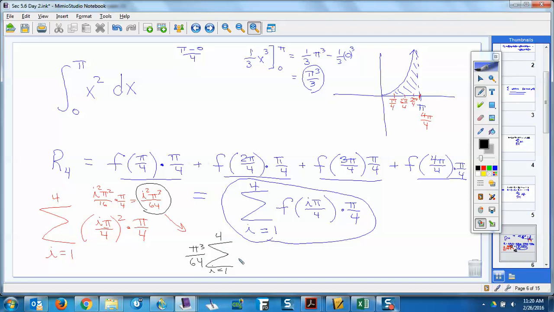And what's going to be inside? i squared. Aha. Remember I said we're putting this all together? We've got a formula for sigma i squared. What was our formula for sigma i squared? Now the pi cubed over 64 is going to stay out front. What was our formula for sigma i squared? n. So that'd be 4 times 5 over